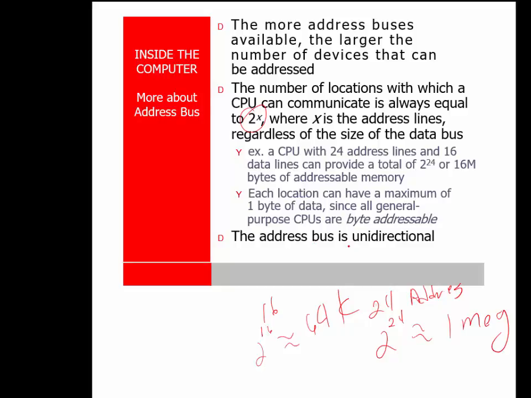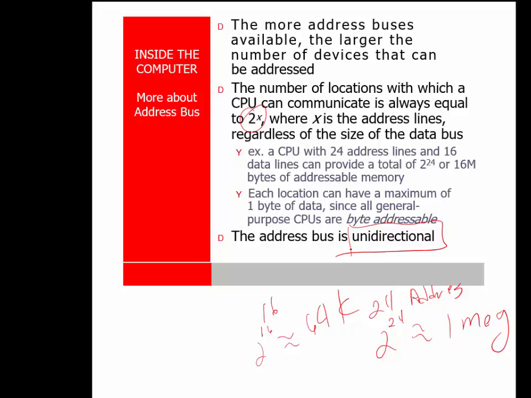The address bus is unidirectional. The only one that can talk to the address bus is the microprocessor. Nobody else can do that. There are some exceptions. They're not going to be covered in this class, but there are devices, for very high-end systems, that they call